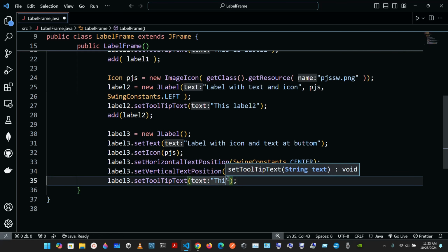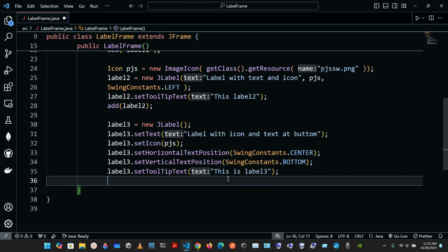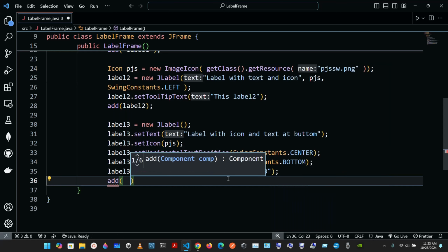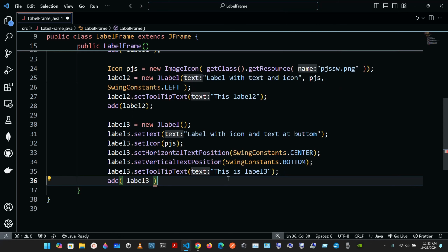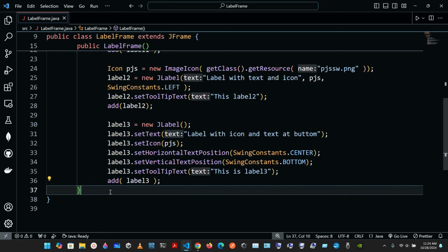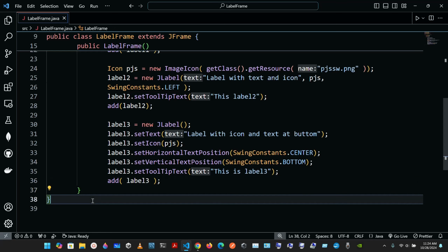So this is label 3. Let me see. Now we're gonna add the label 3, semicolon at the end. And yeah, so this is the end of the label frame constructor, and this is the end of the class